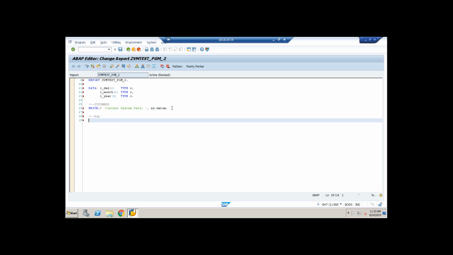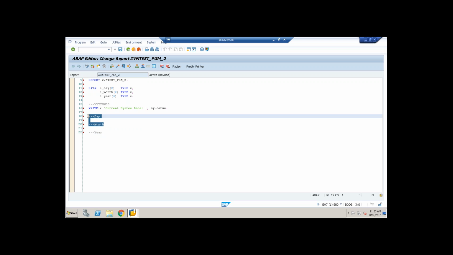Day, what else, month. If you see over here how the offset will work, first you have to read from the 0th position and the next 4 positions are my year, right? The syntax would be very simple. These kinds of things you will use generally in most cases in BW. So l_year equal to